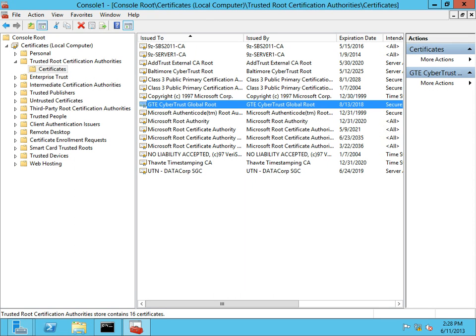For instance, I use the driver's license. I live in Oklahoma, so any cop that pulls me over is going to look at my Oklahoma driver's license when he asks, well, who are you? So my name's Chris. Well, he doesn't know that, right? He needs to look at my driver's license. He trusts that the state of Oklahoma has validated that I am who I say I am, and he then trusts the driver's license because it was issued by a trusted authority. In that case, Oklahoma is the Trusted Root